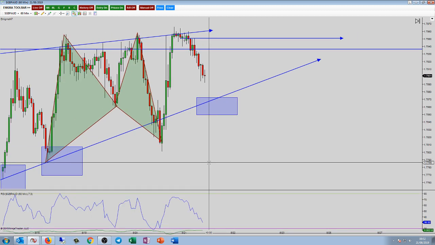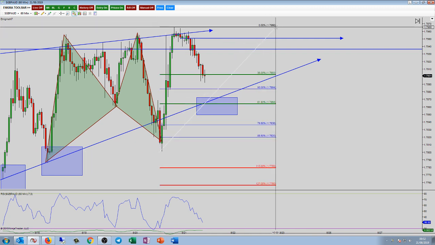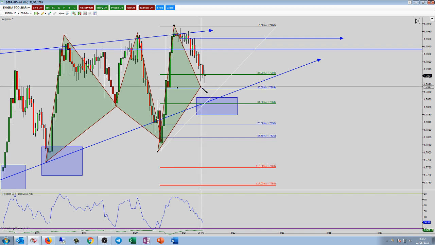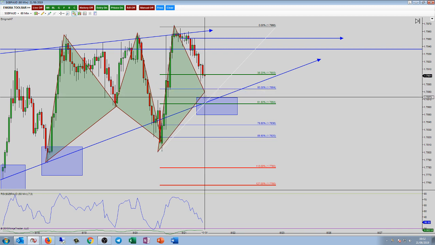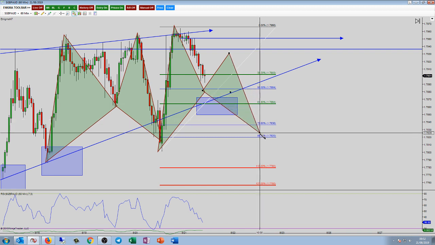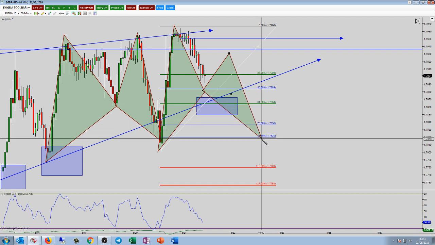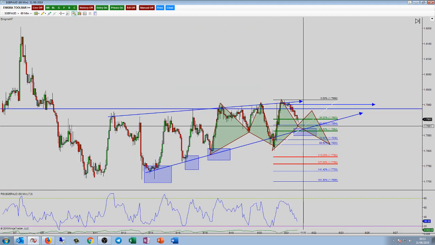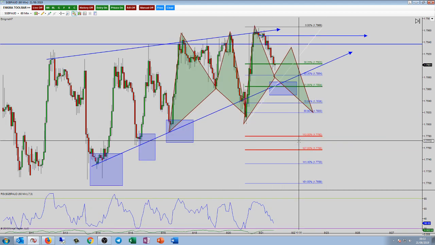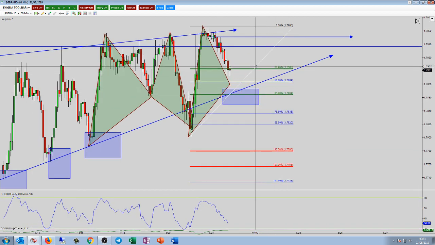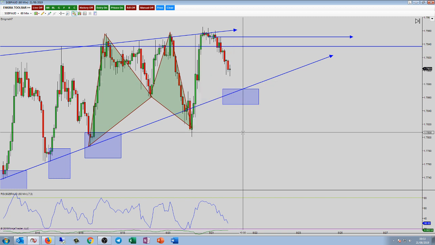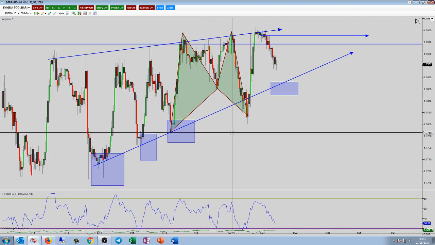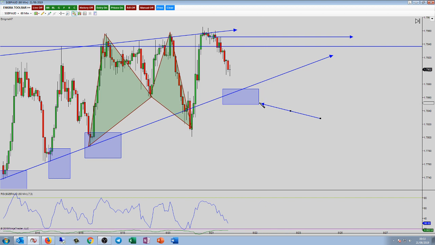So what could we have, guys? Well, we could have another pattern, X2A, A2, we would need it to come down for a 50%. Now the problem here is if we waited for another pattern, the 886 is right there, and that would mean that we're going to violate our trend line. So actually waiting for a bat, cipher or Gartley is not going to be something we can do. So what else can we do? Well, we can simply wait for a rotation pattern within this zone. That would be the thing to do for me.